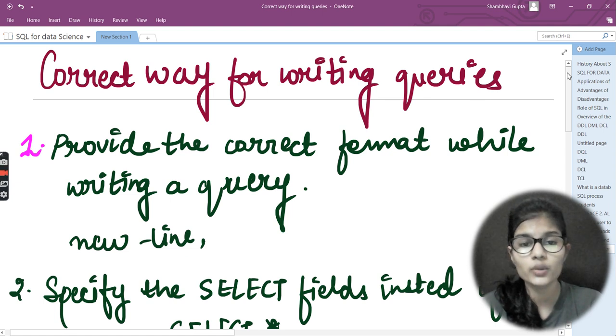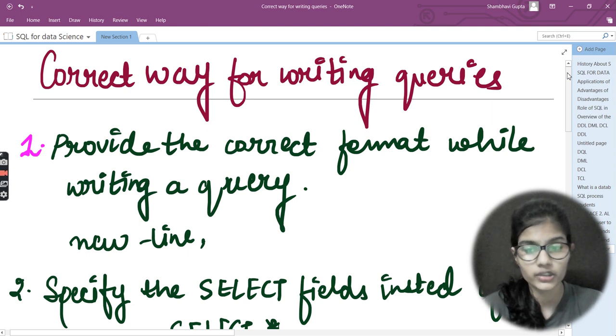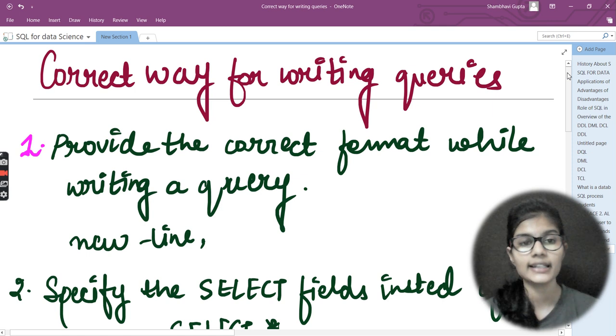So in that you cannot have a lot of time to execute one single query, because how will you be able to further proceed with your work, right? So in that case, what do you want? You want queries that help you do things in very little time and in an easier way. So these are some correct ways which you can follow